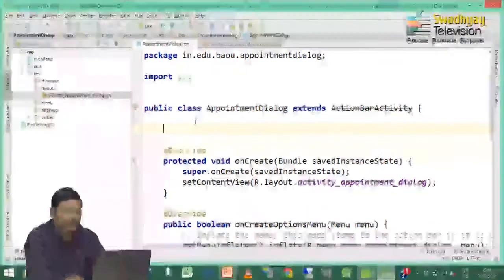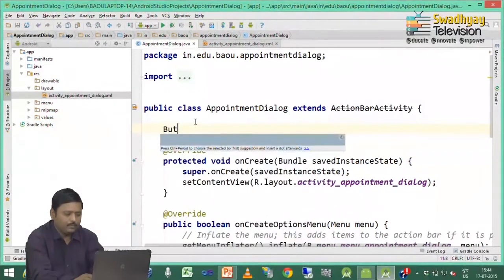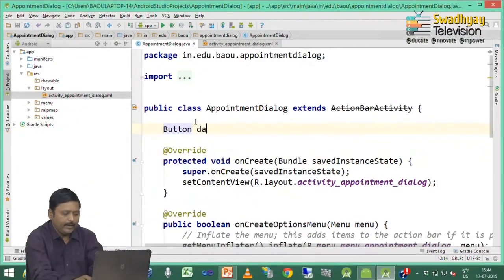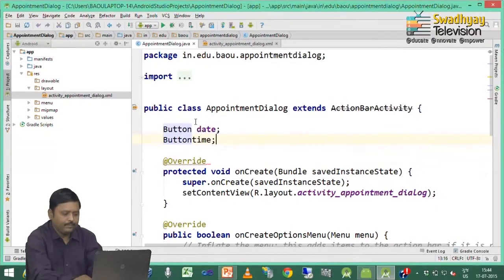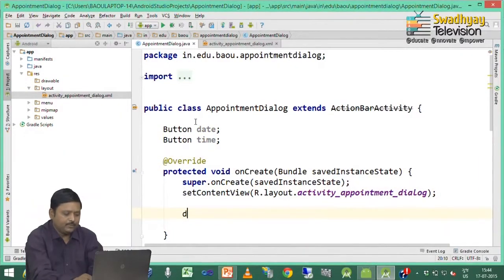Here I declare two buttons, date and time. So, here I take reference for date.